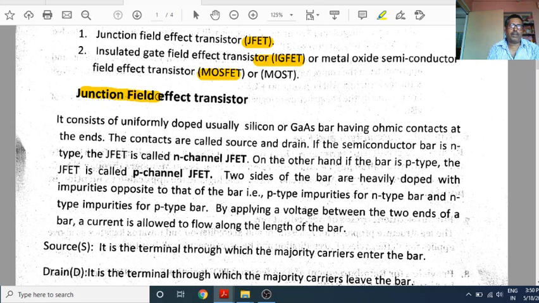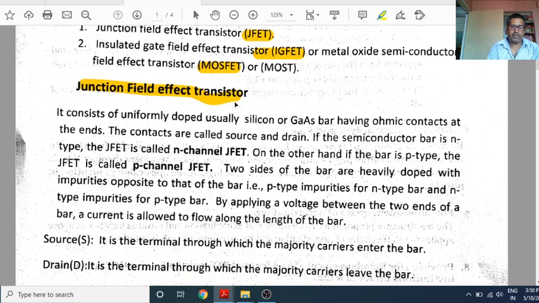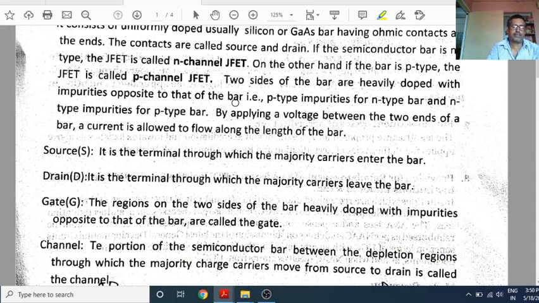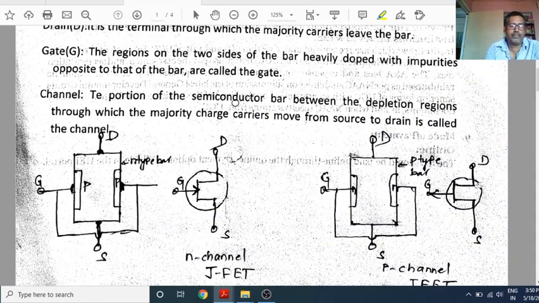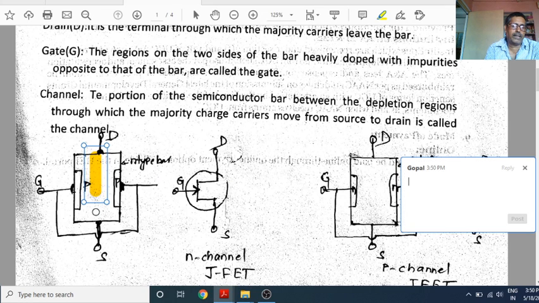So junction field effect transistor. First of all, we see its construction. See here in the figure, I come directly to the figure. You can see, this is N bar, and these two portions here.